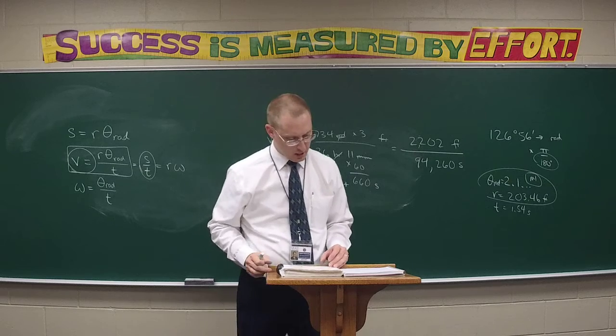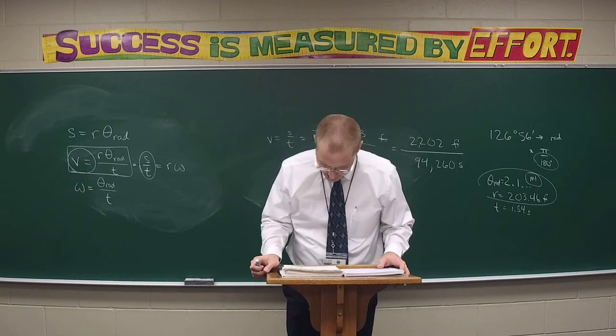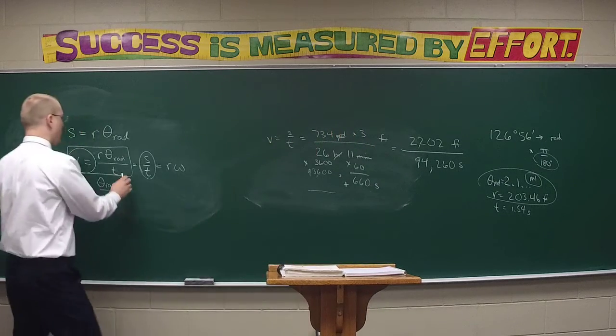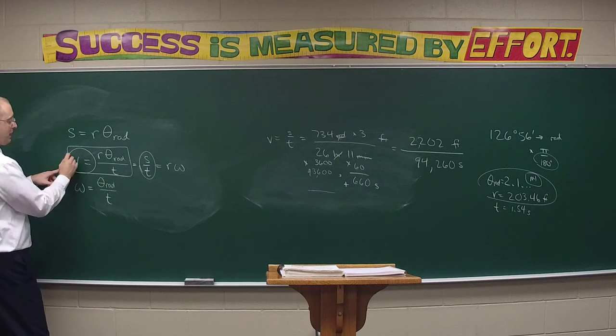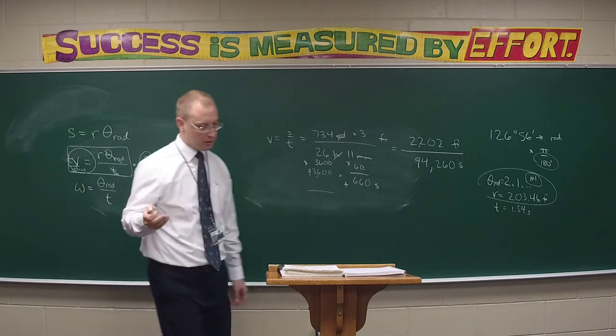Yeah, good question. Let's see, number 38, finding the radius. Same equation, but now we're going to want to multiply by time and divide by the theta rad to get r equals t v over theta rad. So on number 38,